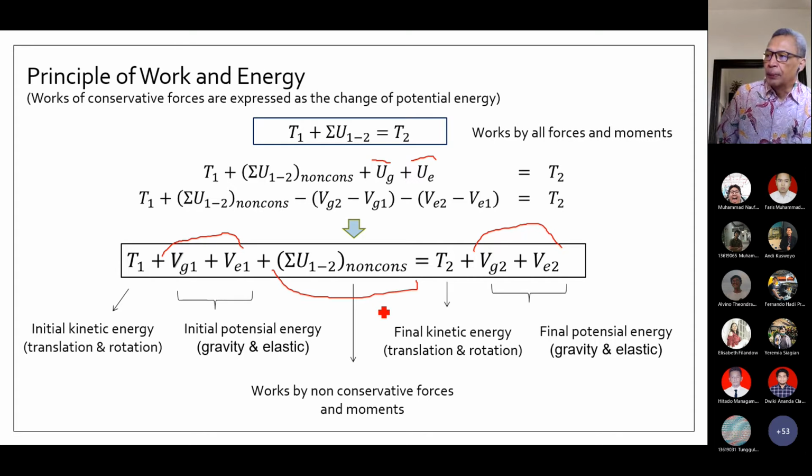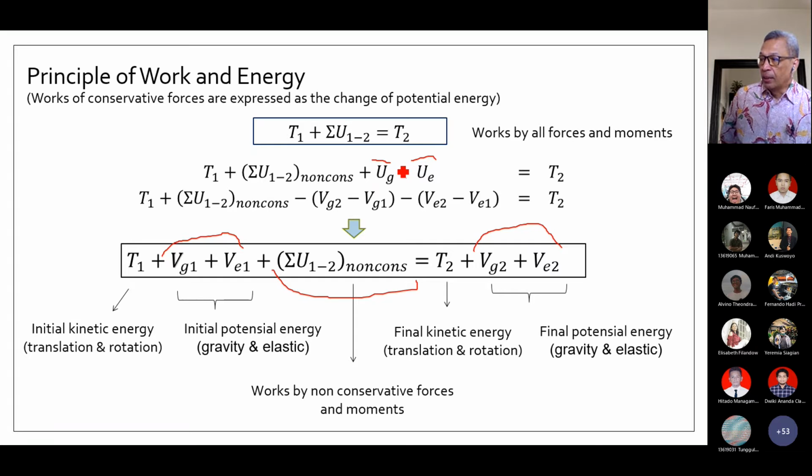So this is the alternative form of work and energy equation, where at the original equation say that we have the kinetic energy of a system, initial kinetic energy of system plus the work done by our forces equals to the final kinetic energy of the system, and then we differentiate between the work done by conservative and non-conservative forces, where the conservative forces equal in this case are the work done by the gravitational force and the work done by the spring force.